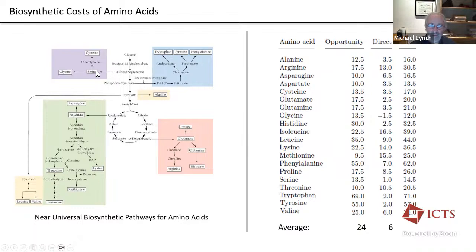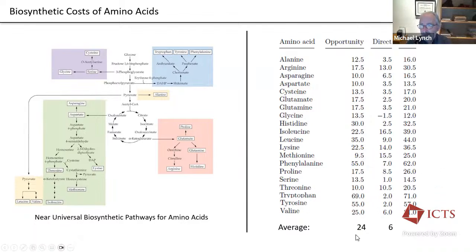And these are the various diversions off these different precursors to make all the amino acids that we require in the cell. So all of us, eukaryotes and prokaryotes, require 20 amino acids. So these are the biosynthetic pathways for the various amino acids. So we know the cost of diversion of a precursor, and then we know what all these pathways are. There's quite a lot of details not shown here, but these are in all the textbooks. And you can then figure out the cost of making various amino acids. And that's what I've summarized over here in this table.